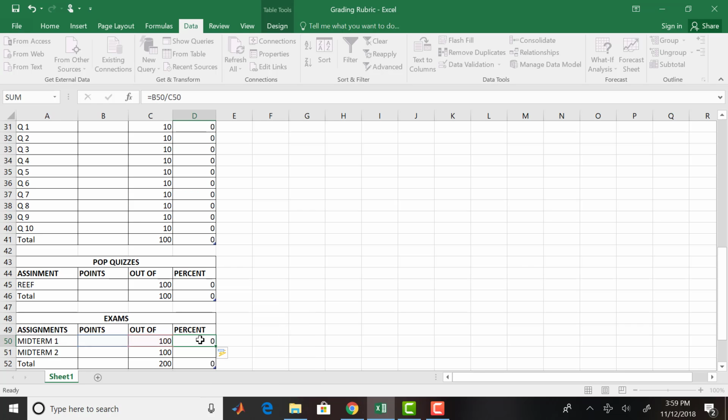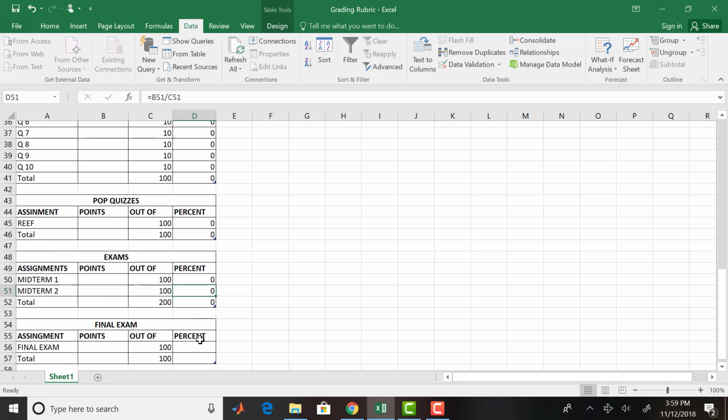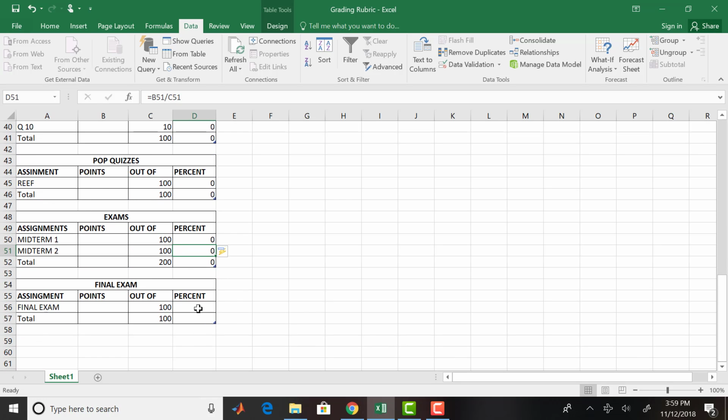And then go back and add points so that you will be able to see a change in your